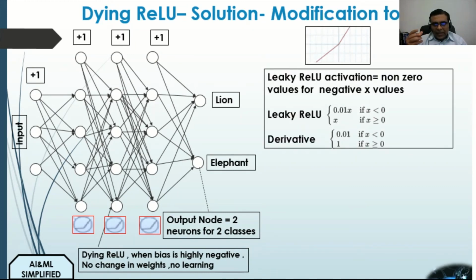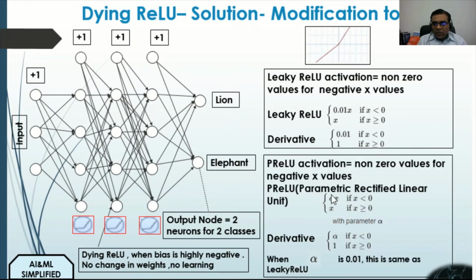In leaky ReLU, we basically have a small value of y when x is less than 0. We use a parameter there, that is, alpha x, for when x is less than 0, and in case alpha is equal to 0.01, this becomes the same as leaky ReLU. With this modification, we are able to solve the problem of dying ReLU, because now y will no longer be a 0 value, and those nodes will participate in the network.